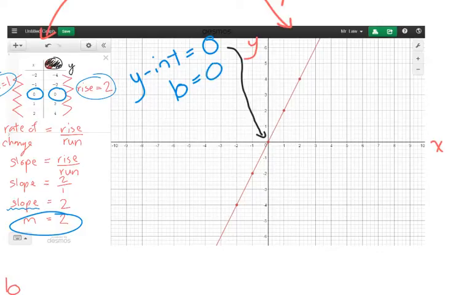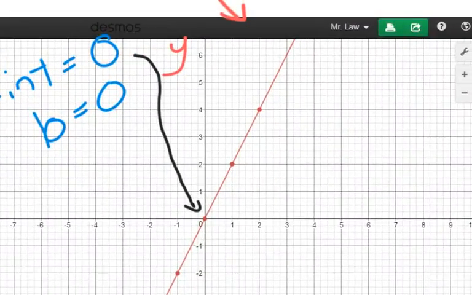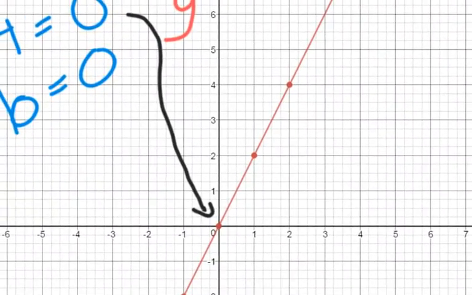To calculate the slope, you want to look at 2 points on the line. Those 2 points are up to you. We are going to look at these 2 points, so this one over here and this one over here. You want to kind of create a little triangle for yourself, okay? So that is going to be the run, and this is going to be